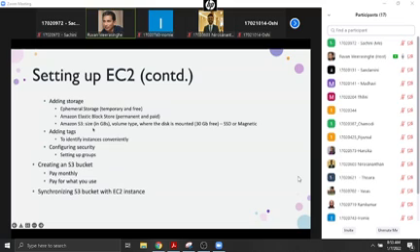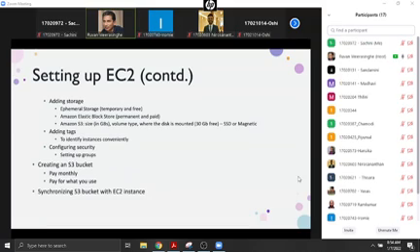And so you can see here we have on the one hand our VMs and on the other hand our storage, the EC2 and the S3. We need to synchronize our S3 and EC2 because these are two completely different services on Amazon.